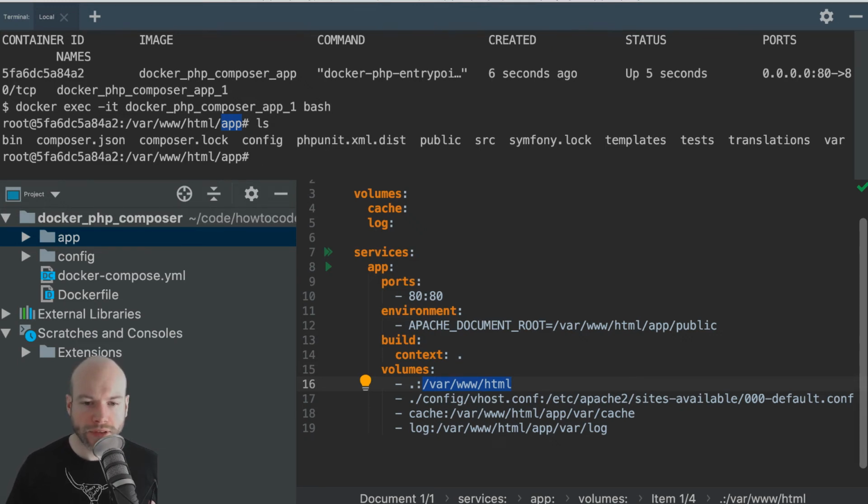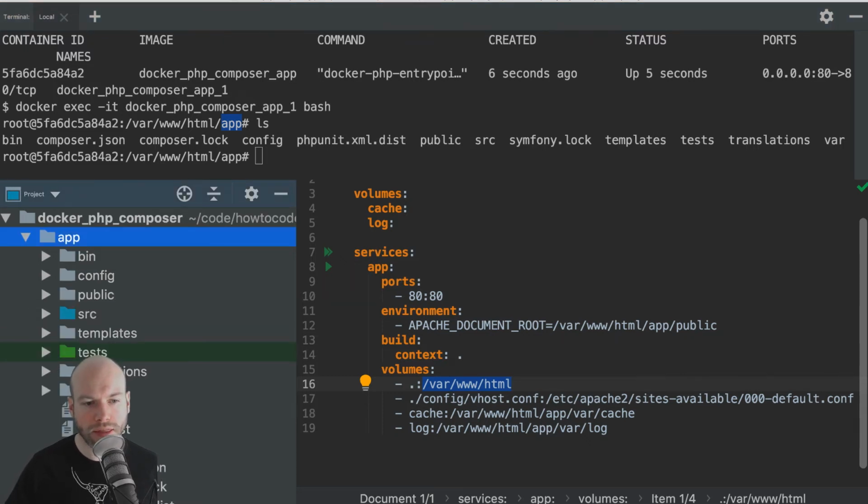We don't have the directory because we haven't said that we would need to have it in the volumes. We haven't got it in the working directory, sorry, the host machine, because we never built it in the host machine. We built it in the image. We didn't assign that to be in the container.